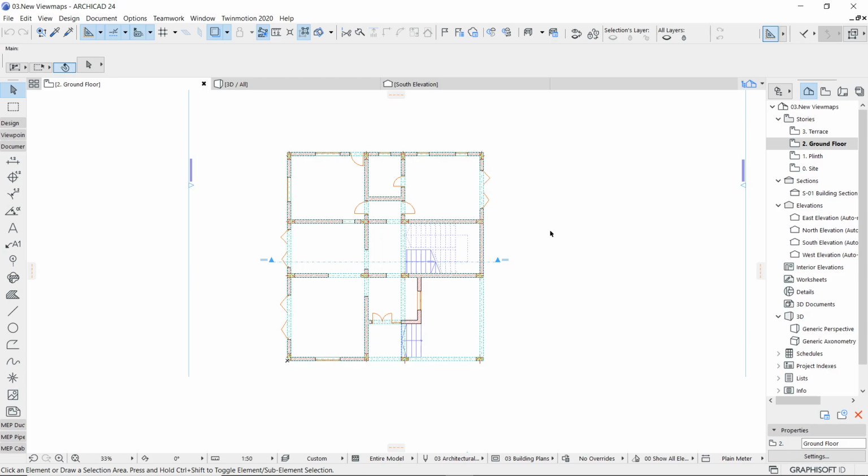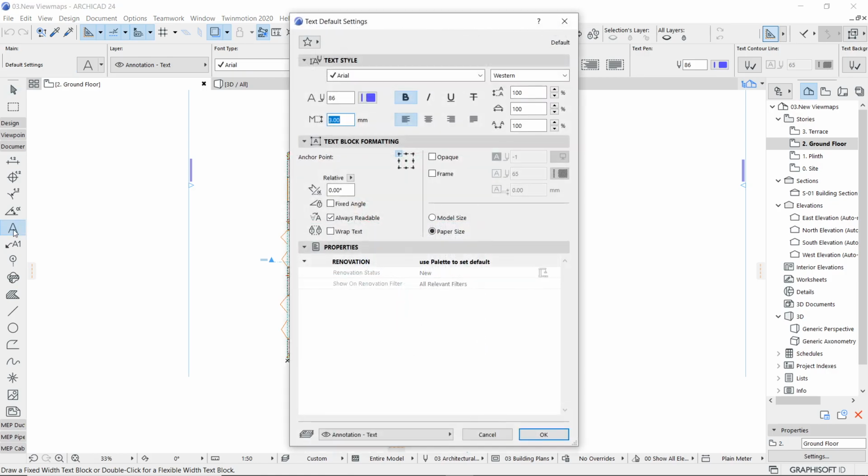So to type the text, you just have to go inside the text tool. So double click on that. Make sure you are there with the text default settings. Choose a required font in the text style rollout. Okay? And then decide its pen number, bold or italic, what kind of appearance you would like to allot to that particular text, along with its height.